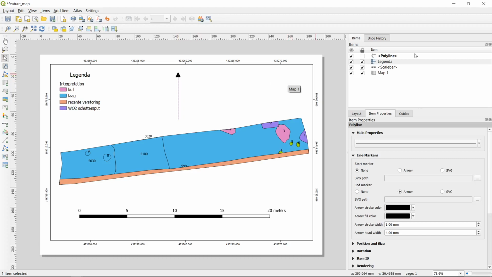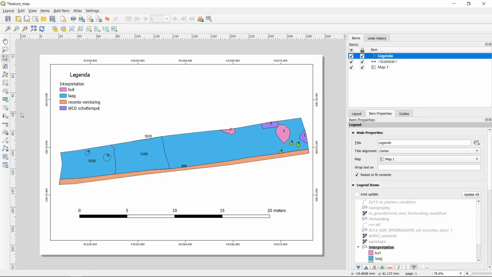But actually what we draw here is a polyline, and this polyline is not very specifically tied to the rotation of my map, and I will explain in a couple of seconds what I mean by that. For now, I just want to say that this is a suboptimal way of dealing with north arrows, so I will now remove this by right-clicking it in the item list and selecting delete item. So the more efficient way